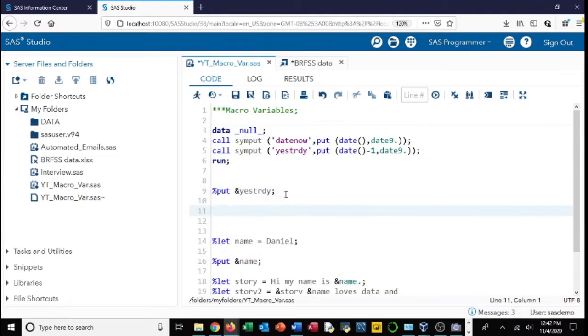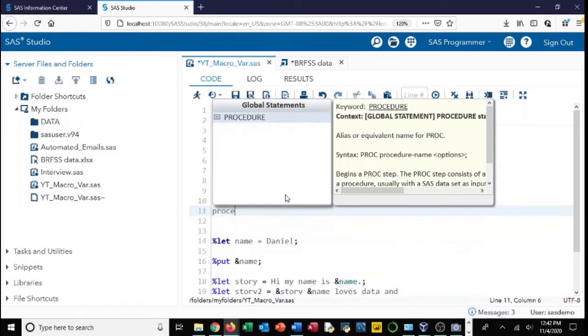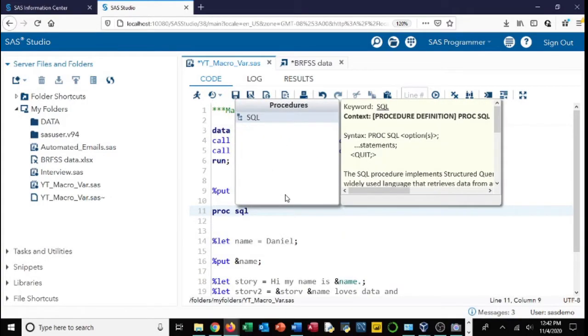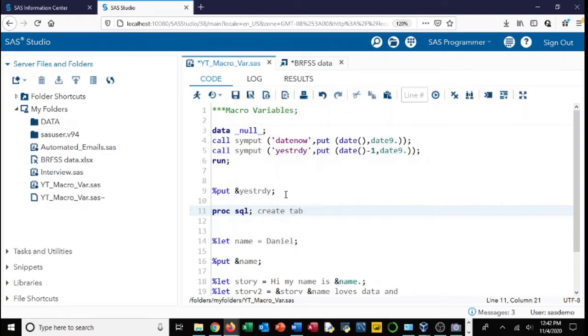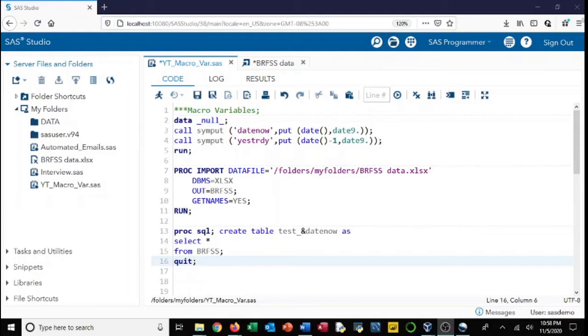Now there's different ways you can use this in your data. For instance, if I wanted to create a table and create a variable. I'm a fan of proc SQL, so I'm going to do that. So create table, I'm going to say test. All right, so I just created this table. It's a proc SQL table. We're calling it test, today's date, and we're pulling all the